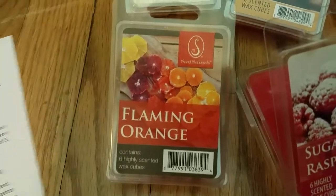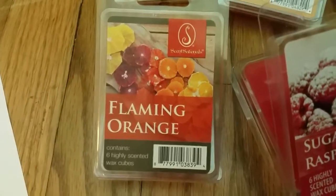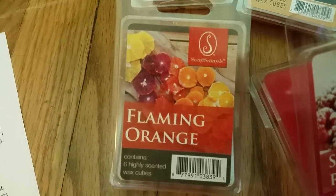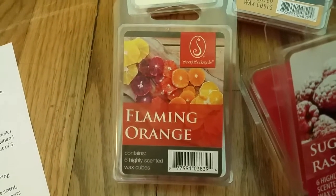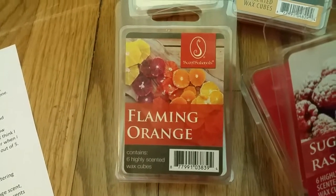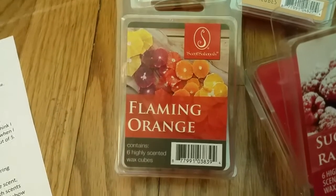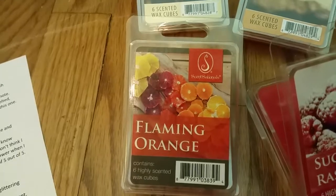Scent notes are juicy mandarin, sweet tangerine, and ripe Valencia orange blend with tangy lemon zest and juicy notes of glittering island pineapple. This is actually an older scent that they brought back. I had heard that it was the same scent as their Molten Orange scent, but it's not. Molten Orange has a bit of a lemony note in the background, more of a lemony note than this one